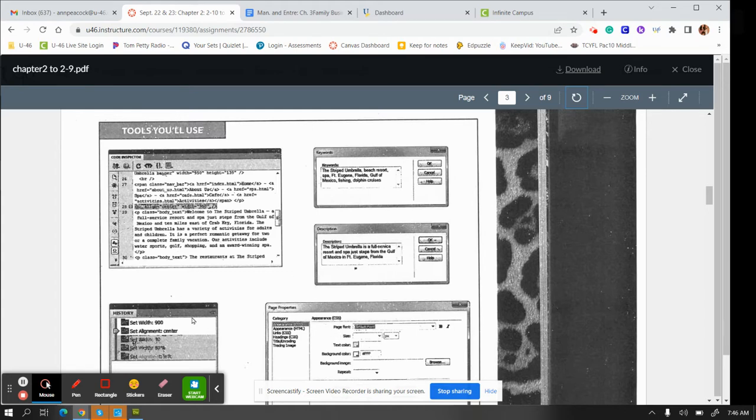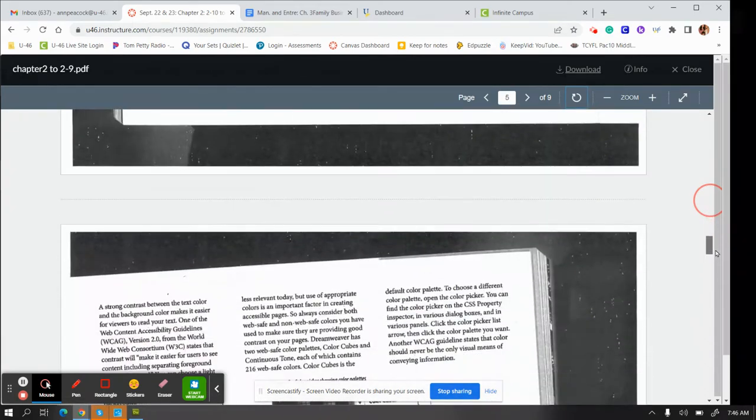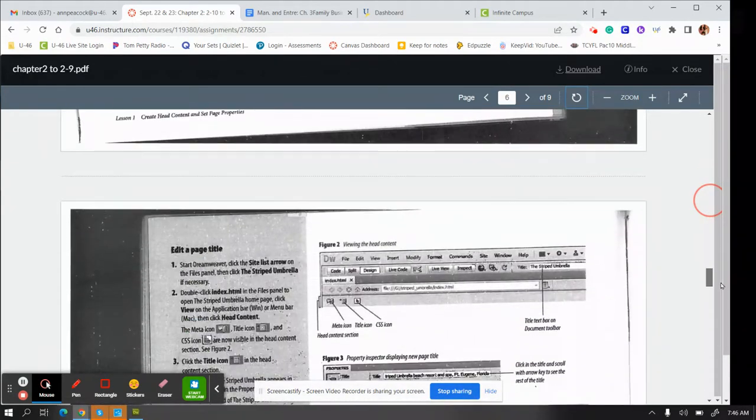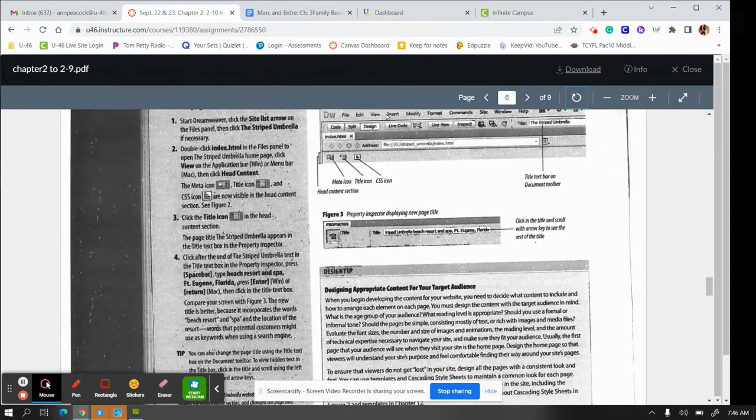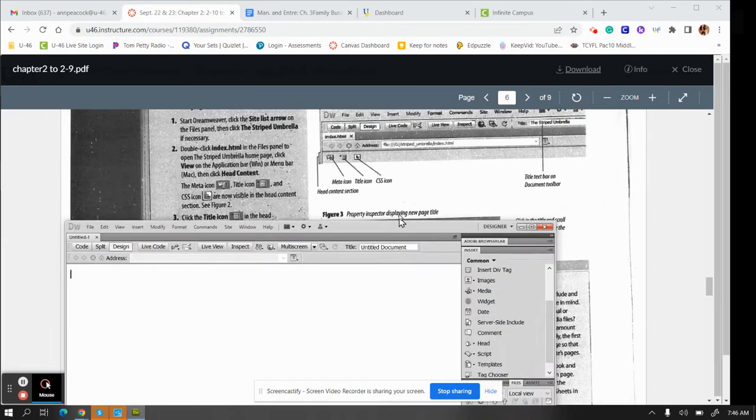We're going to look at our code, our history. Here are all the different pages that are available to us. So when we start over here on this page and we're starting, it says to use the site list arrow and just open up your striped umbrella. Now the problem is if you did not